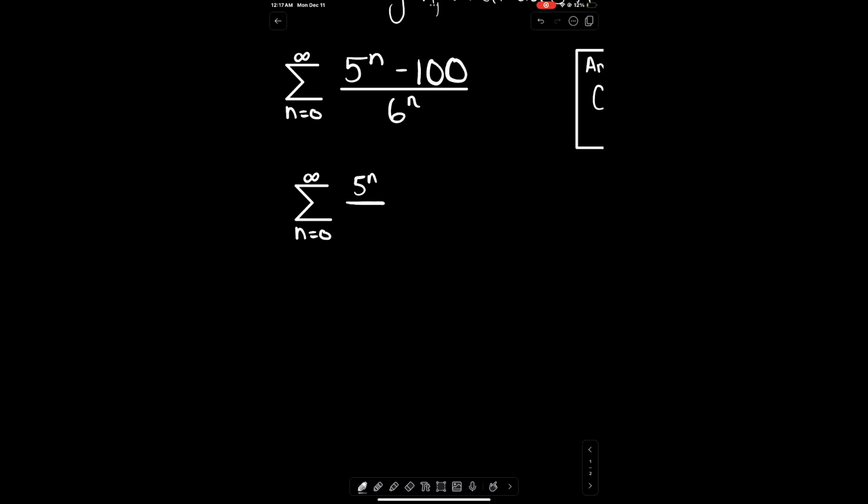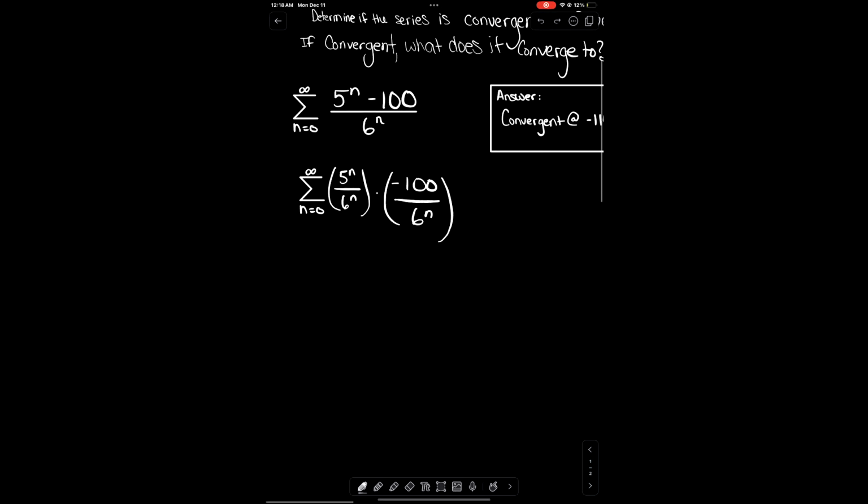5n minus 100 over 6n and we break it up, right? So you have one fraction and we multiply this by another fraction. Because you can do that, right? They have a common denominator, so when you multiply them, yes. Okay. So we know that 5 over 6,